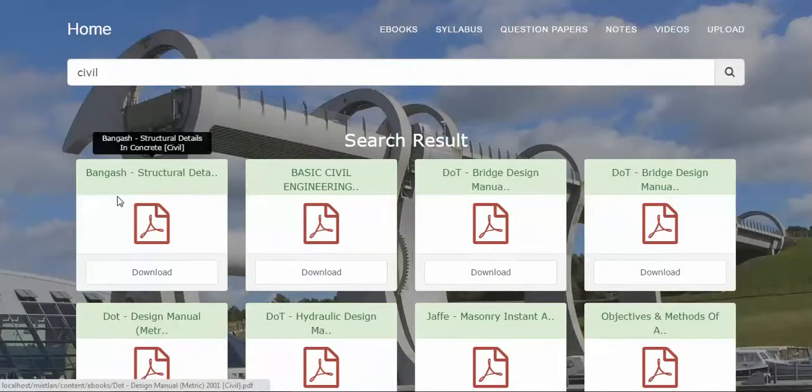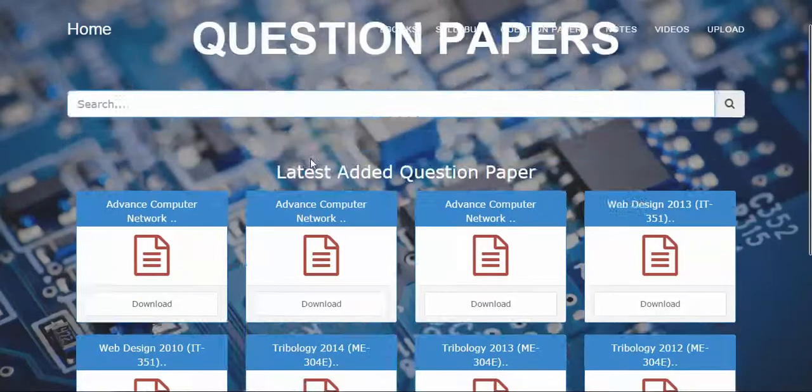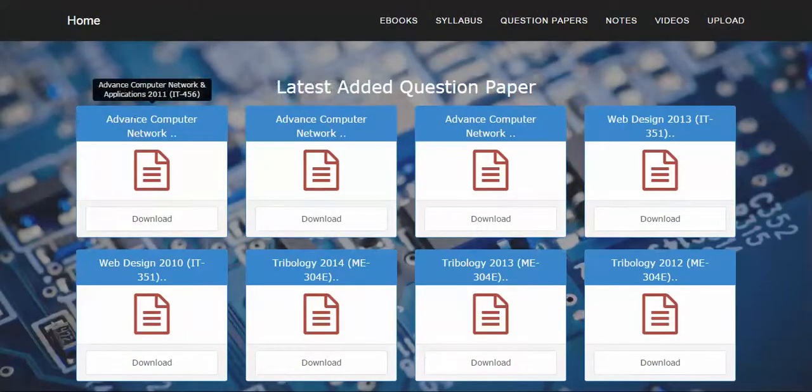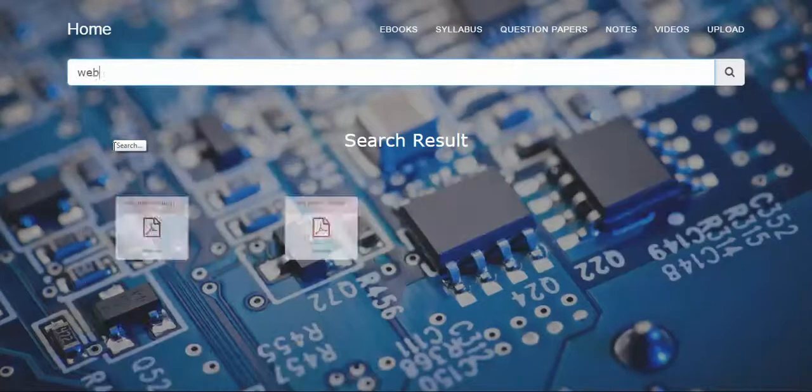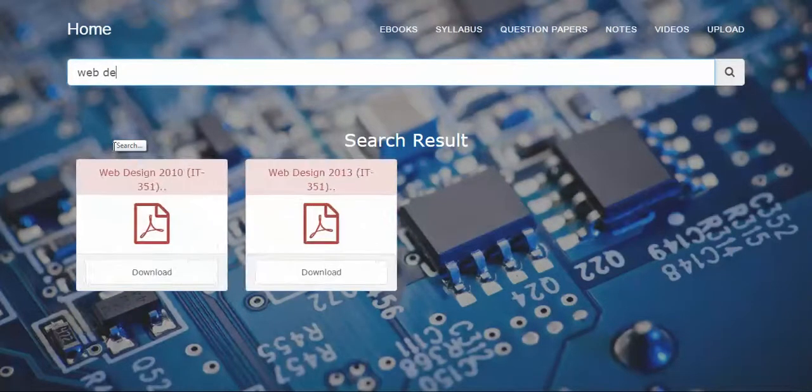In a similar manner, I can search out the question papers. Here are the question papers. For example, I want to search for the question paper of web designing. When I write the keyword web d, I get two search results related to my keyword web design.